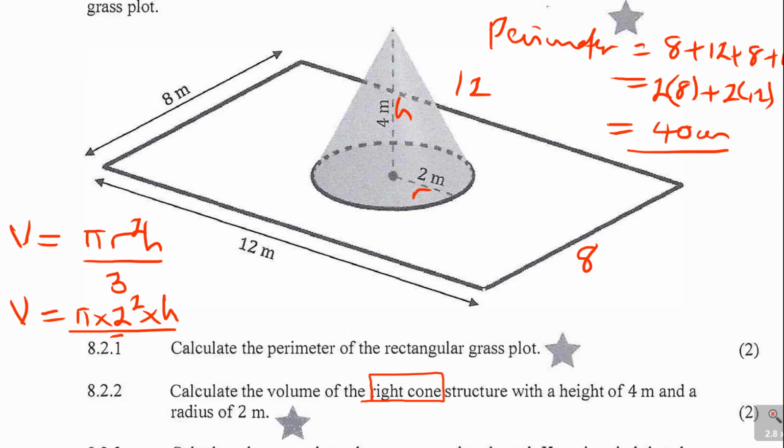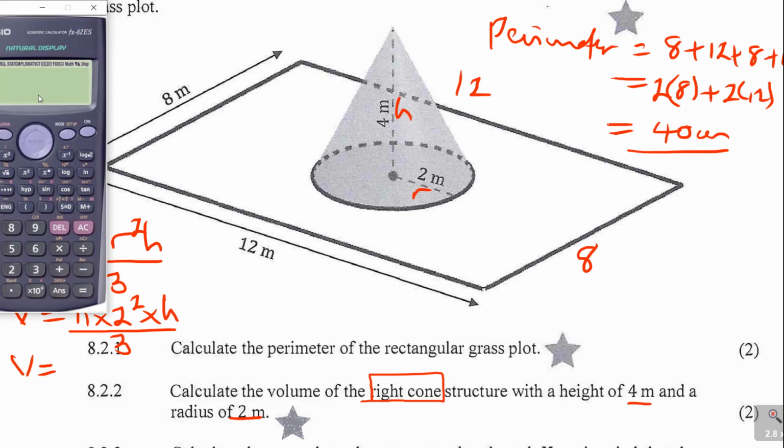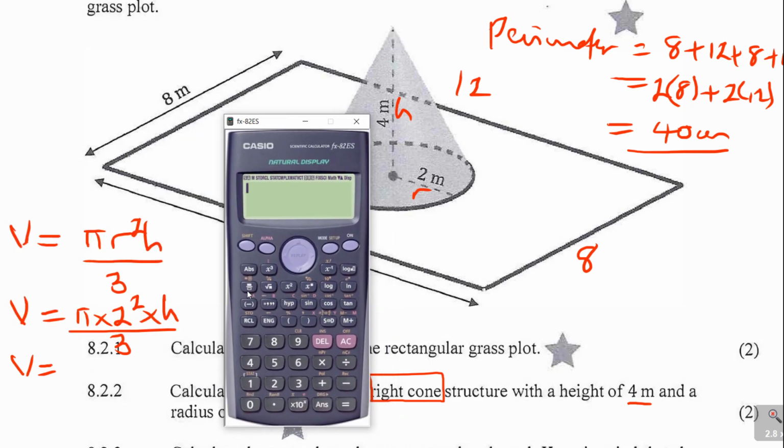Then I divide by 3. Then it's a matter of inputting the right values in the formula. r is 2, they told us the radius is 2, and the height is 4. So that's what you're doing there. If we use the formula properly, you have pi times 2 squared times 4, divided by 3. I don't know why I used h again. And then the answer, in this case, if I press